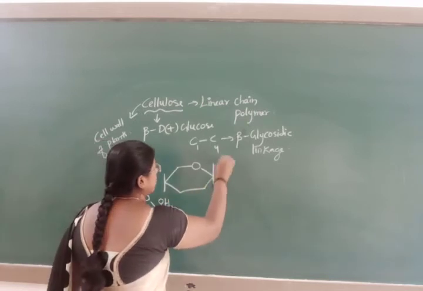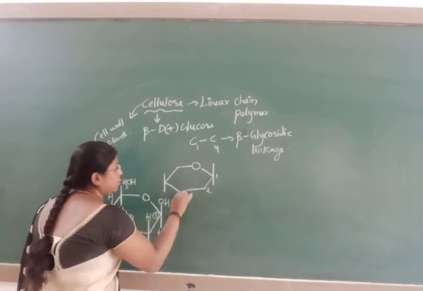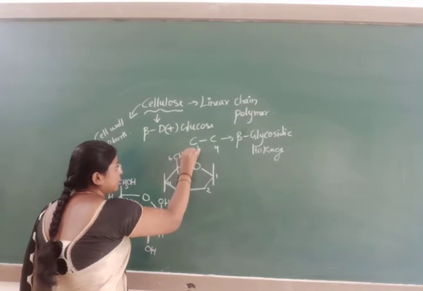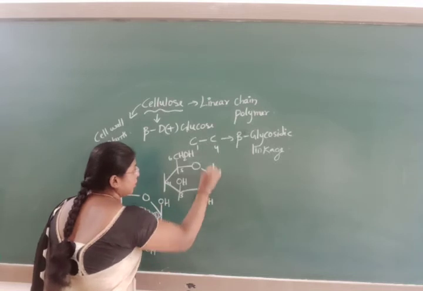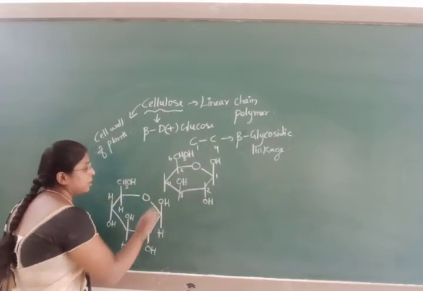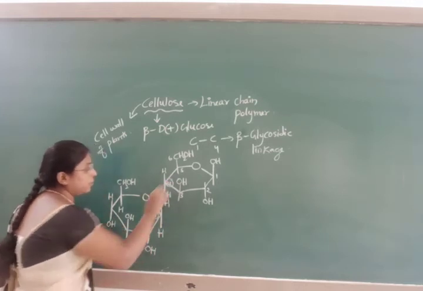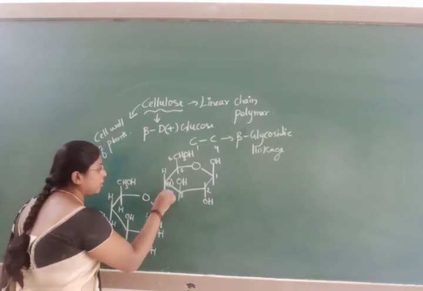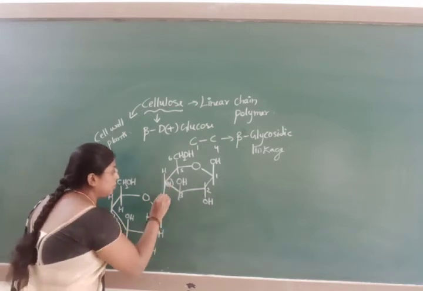In this way, the glycosidic linkage is seen. See 1, 2, 3, 4, this is 5 and this is 6, CH2OH. Just I can write down only the OH groups. Here will be OH. Above will be one more, it will be a continuous linear chain. This is H and this is OH. It will form a C1, C4 beta glycosidic linkage with the elimination of a water molecule. Removal of a water molecule takes place. It will form C1, C4.